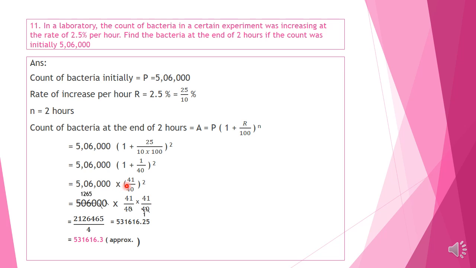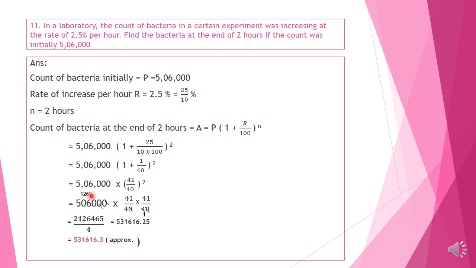5,06,000 into (41 by 40) all square. It is 5,06,000 into 41 by 40 into 41 by 40. Now we have to do the simplification. The 0 in unit place and the 0 in 10th place get cut. Now we are cutting 4 and 5060. In 5060 we can divide by 4, and dividing we get